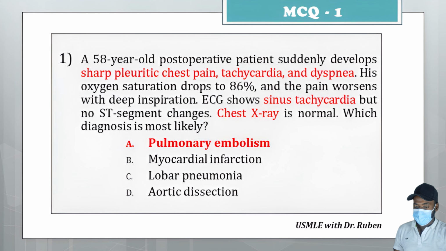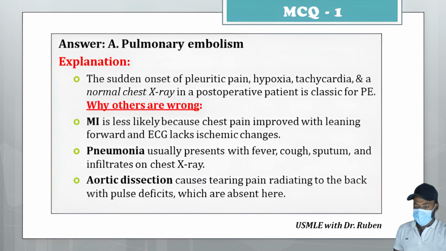The correct answer is A. Pulmonary embolism. The sudden onset of pleuritic pain, hypoxia, tachycardia, and a normal chest X-ray in a postoperative patient is classic for pulmonary embolism. Myocardial infarction is less likely because chest pain improved with leaning forward and ECG lacks ischemic